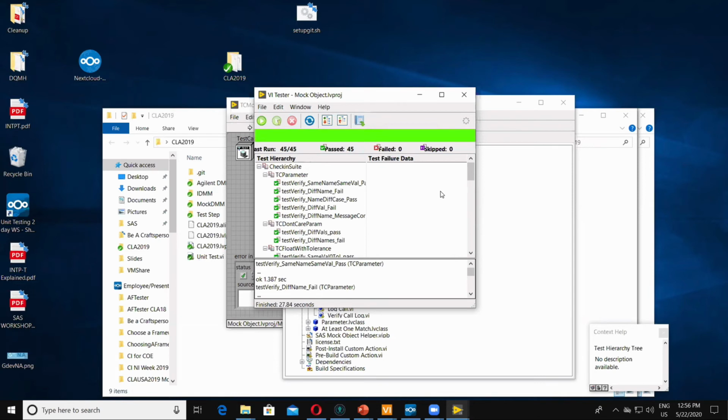So Chris mentioned a spy, and a spy does something somewhat similar to a mock object in that a spy would, if you had a dependency and you sent it some data, right? So say you have a database and you make a call to the database and you send it some data, it would return to you what the data was that was sent. So it's kind of like recording the call and the parameters, but it really just gives you the data that was sent. So there's a slight difference there.